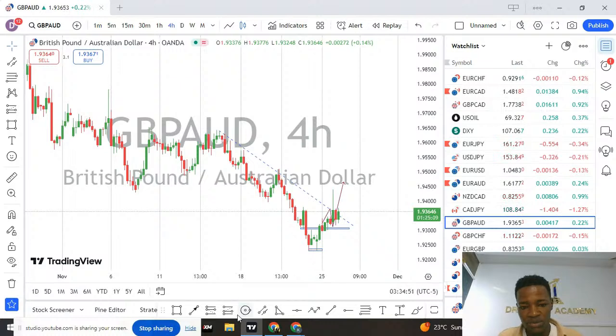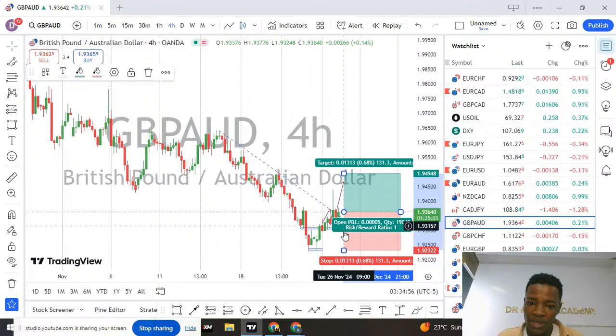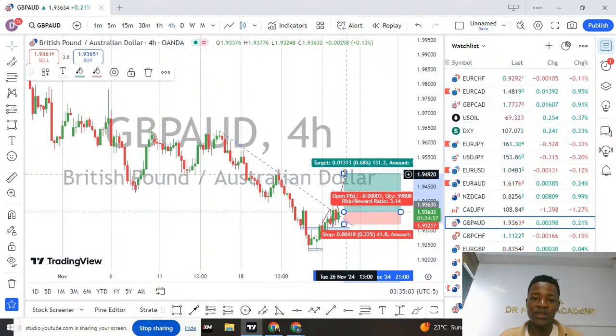So I'll be talking about such a scenario this way. Wait for the 4 hours. The entry will be the 4 hours to close and have a stop loss below it. You'll see the risk management on it. You can lose more than 20 pips on this and target the near high here. So look for that.